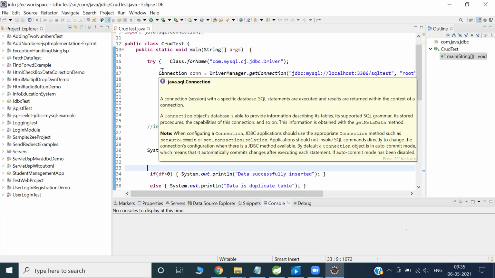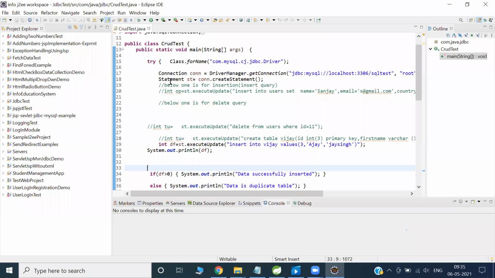It's the same if you want to do any operation in the database: first you have to get a token. That is the entry point into the database. Whatever you do, insert, delete, update, create, from Java, you have to have one connection.